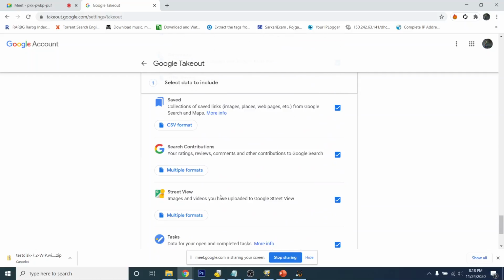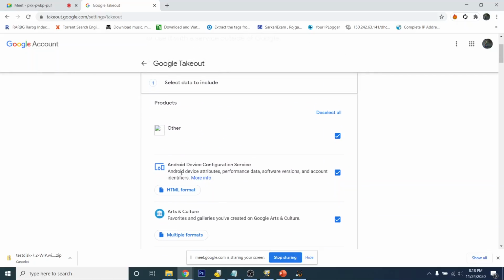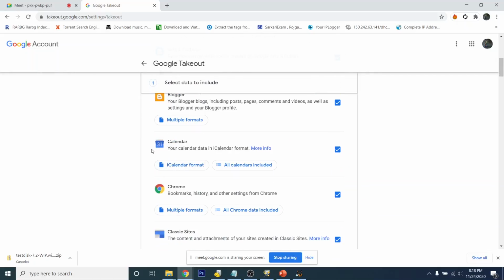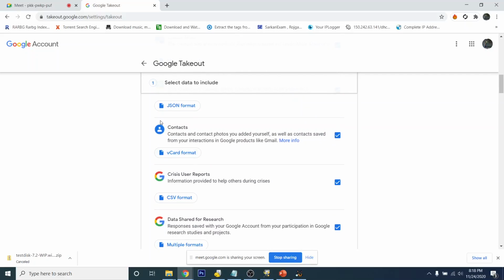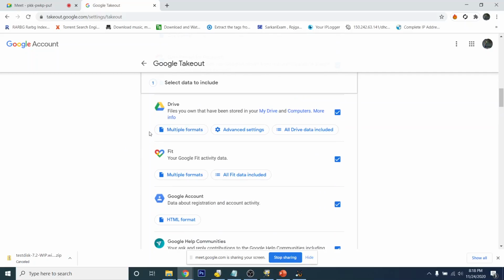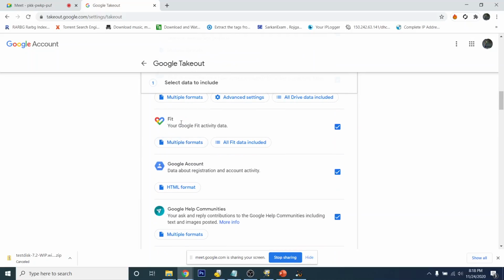Okay, starting from the start, it has collected data from my blog, my calendar, my Chrome, my drive in multiple formats, advanced settings, my Fit, and my watch also because my watch is connected to my Google Fit account.